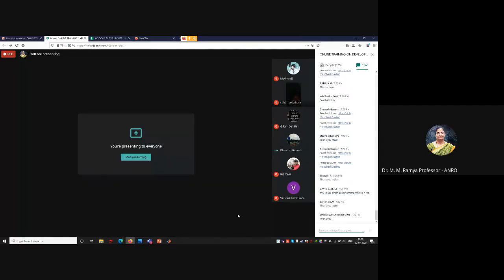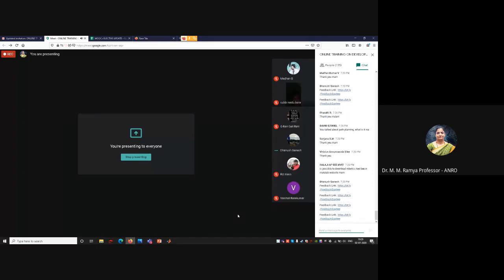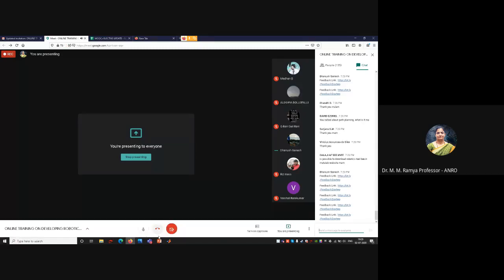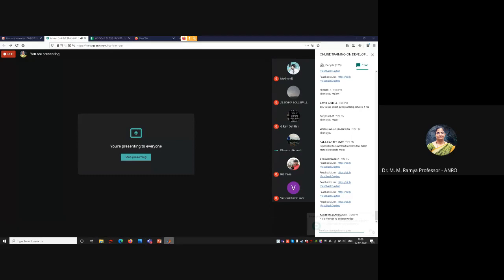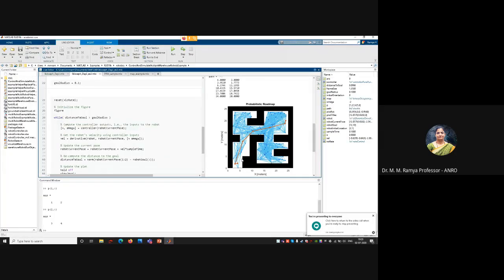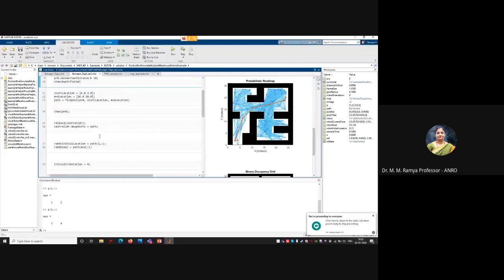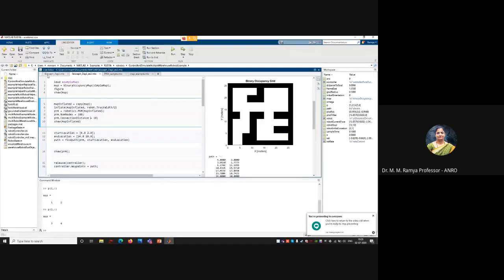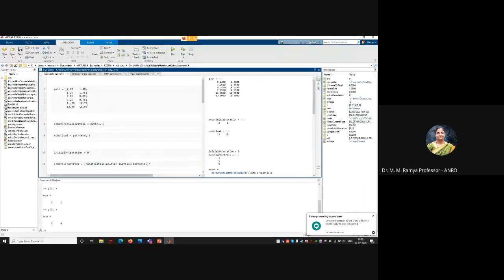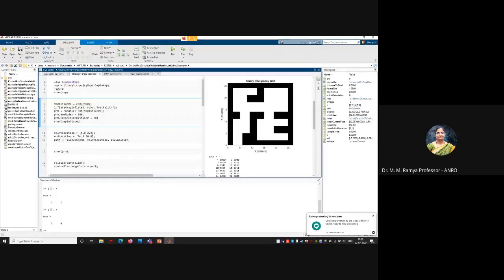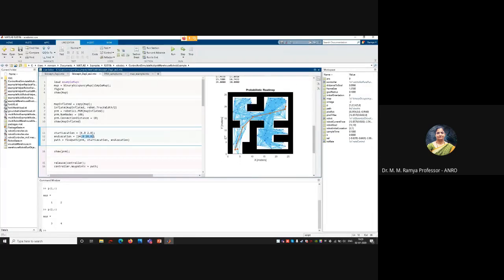Path planning is when you are trying to decide what path to take. In the current application, we have not defined the path matrix like what we defined in the previous exercise. In the previous exercise, what did we say? We told each and every waypoint. But here we are giving only the starting location and the ending location alone. So you are defining where you are going to start and where you are going to end. The algorithm or the